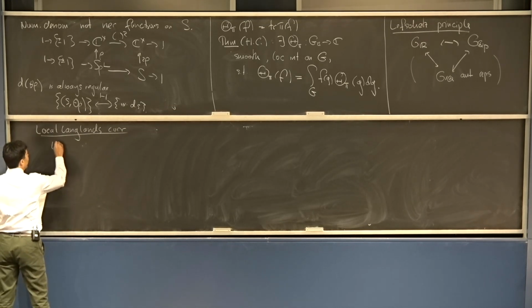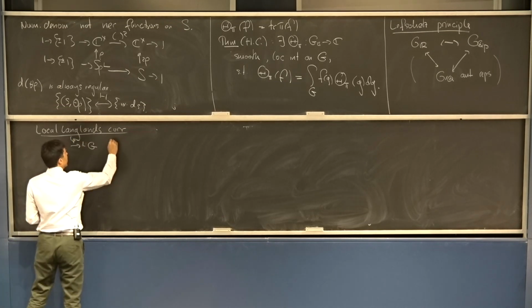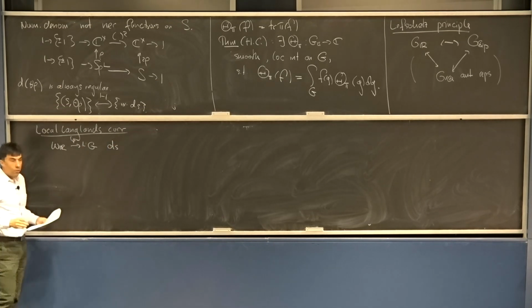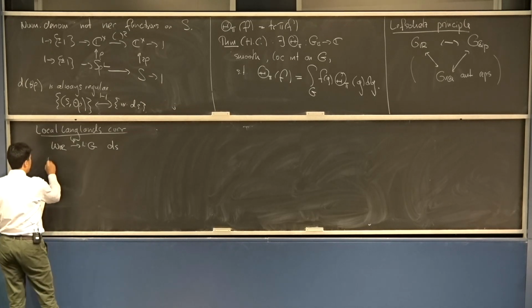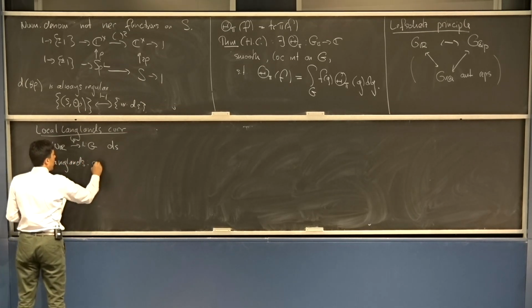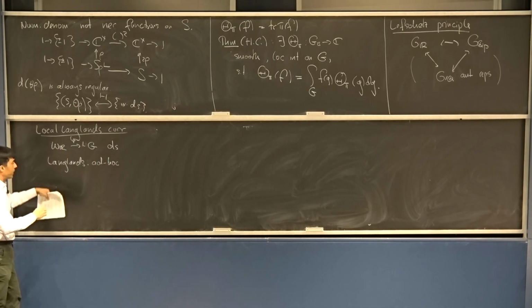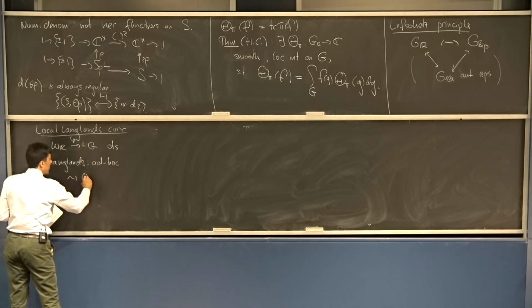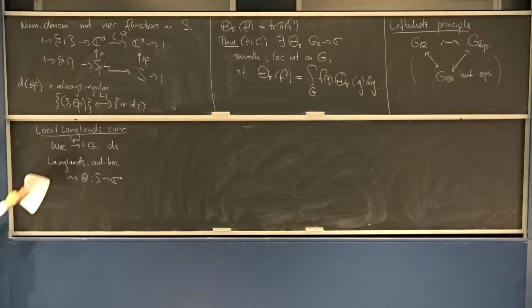OK, so let's start with phi discrete. Now, the first construction was by Langlands himself. And Langlands basically did an ad hoc construction. He went into the structure of this, and he got out a character of a compact torus. And then he used the classification, and there was an L-packet.